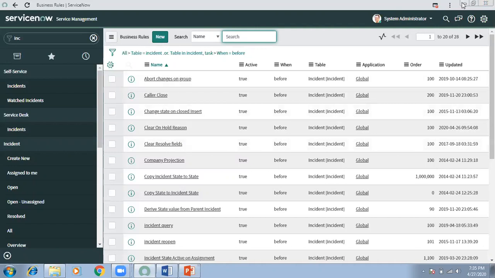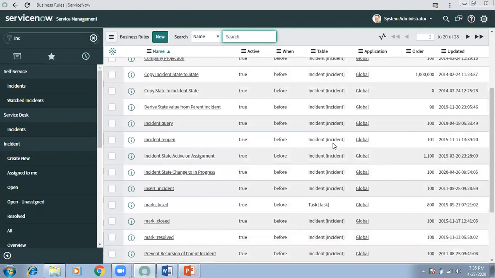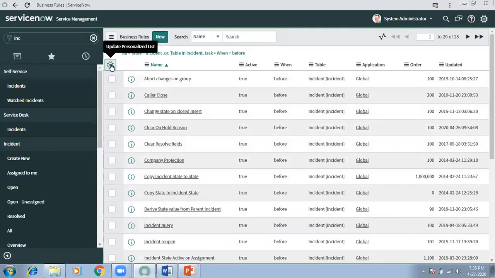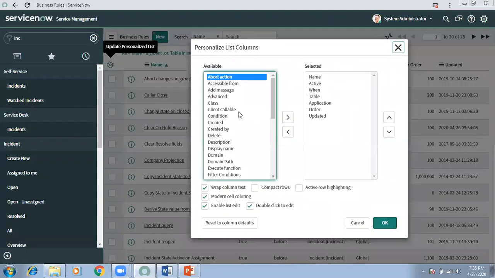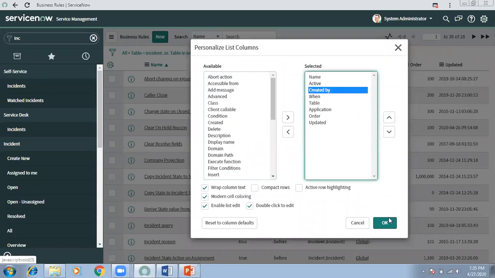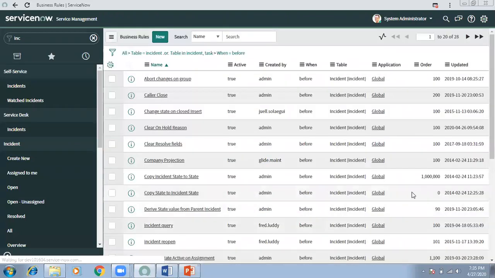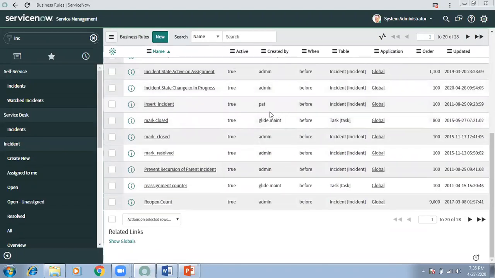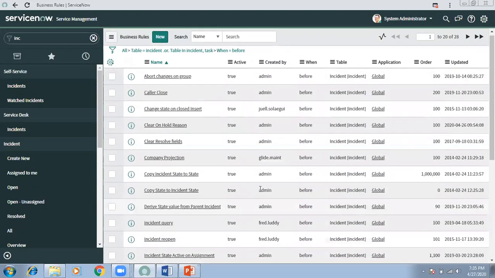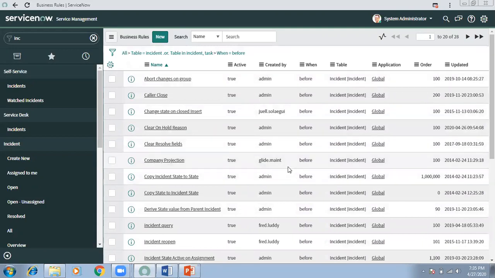And how do you understand if these business rules are out of the box or created by an admin? See, mostly you come to know if you look at the Created by field. In Created by, mostly you will see names like admin and glide.maint, Fred Luddy, Pat. These are common names which you see. That means these are out of the box. Yes, it's out of the box, created by a ServiceNow person.